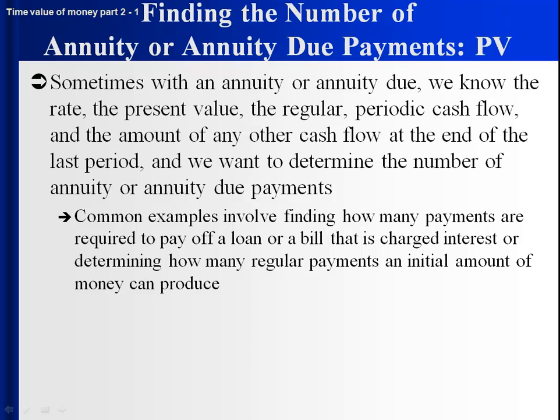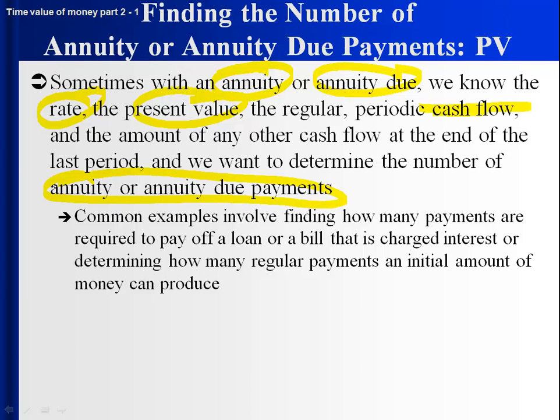Sometimes we have a case where we have an annuity or an annuity due. And what do we know? We know the present value, so we know the value of all the payments. We know the rate. We know what the amount of the regular cash flow is. And what we want to know is how many payments, how many annuity payments, how many annuity due payments are associated